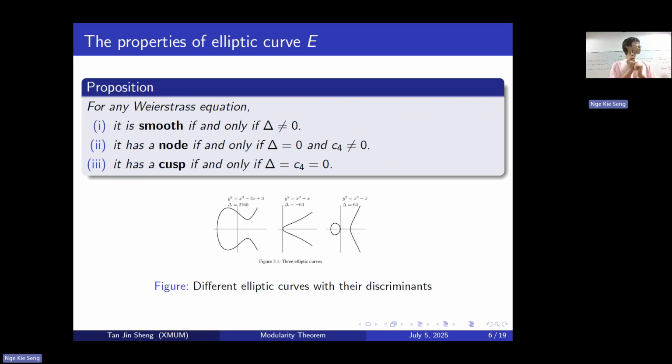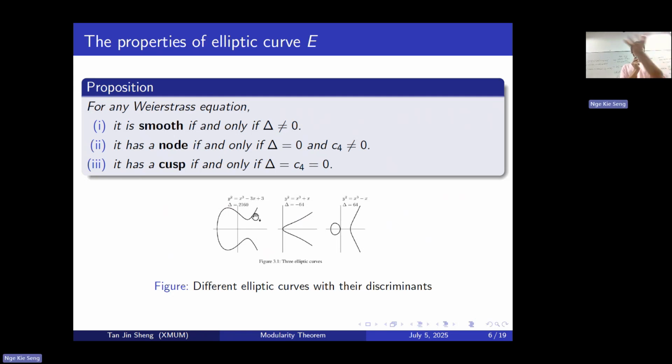For any Weierstrass equation, it is smooth only if the discriminant is not equal to 0, and it has a node only if the discriminant and the C4 is not equal to 0. Yeah, and it has a cusp only if the discriminant equals C4 equals 0. The first part